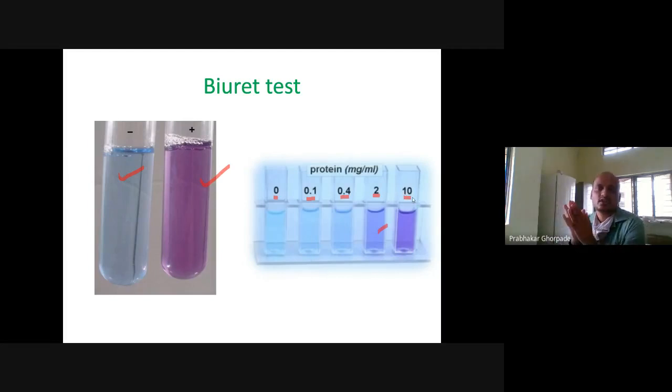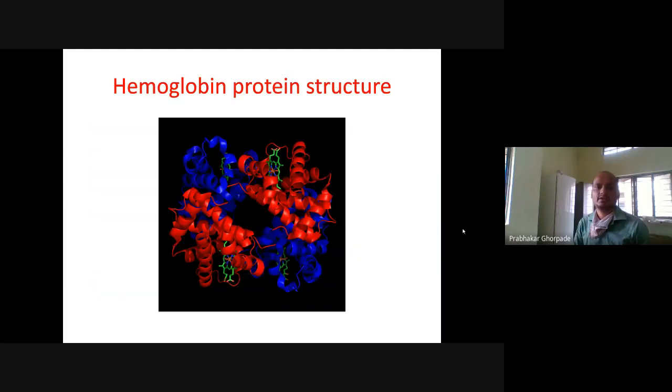That is what we mean when we explain the concentration phenomenon, the Lambert-Beer law: absorption is directly proportional to the concentration. This simple phenomenon is what we exploit for measuring the concentration of an analyte. Here is a very dark color, which means it contains a higher concentration, and you can see from the values that 10 is higher than 0.1. So this is a more intense purple than that purple. That is the principle of the Biuret test.